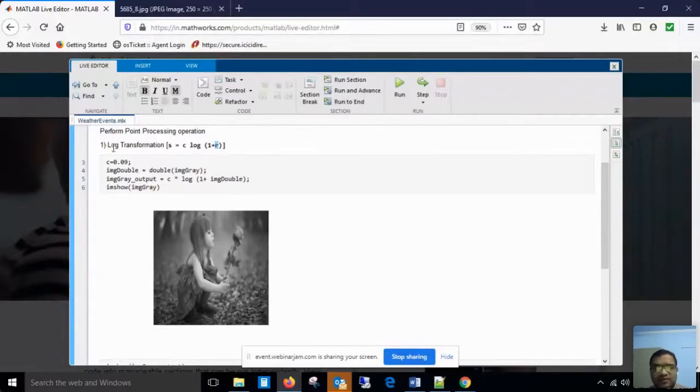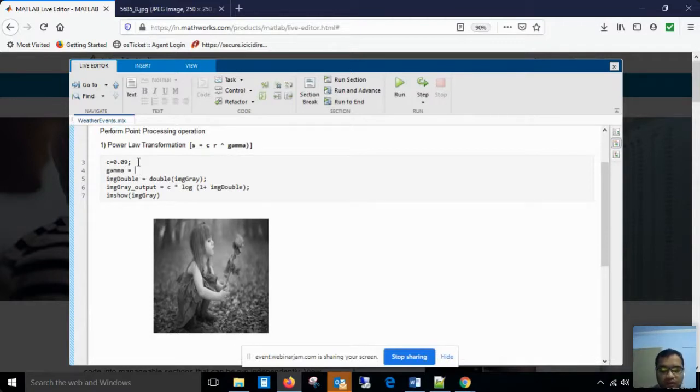Then I come to the third basic transformation, that was power law transformation. And the formulation was C R raised to the power gamma. So this was the function, and the process was gamma correction. By adjusting the value of gamma, we were saying that the transformation function may change from identity to any other, like log transformation, and the output of the image will also change. So the first value is my C and the second variable is gamma. So let us say 0.05, right?